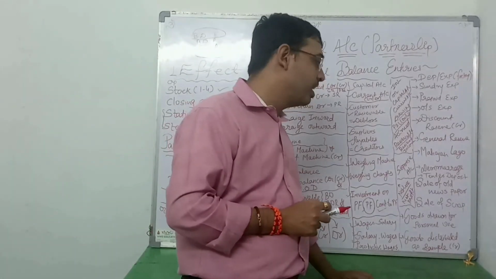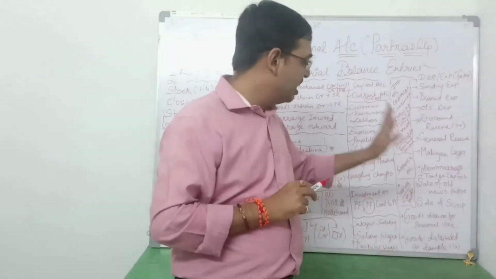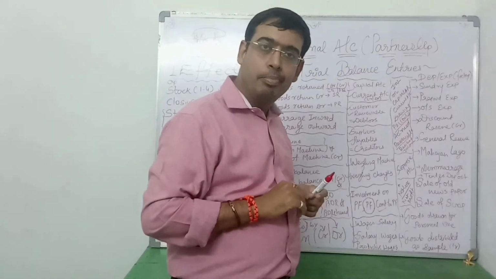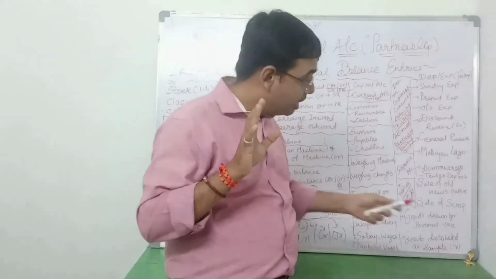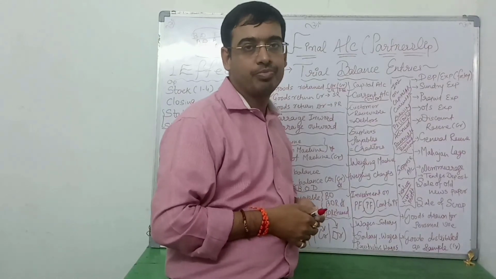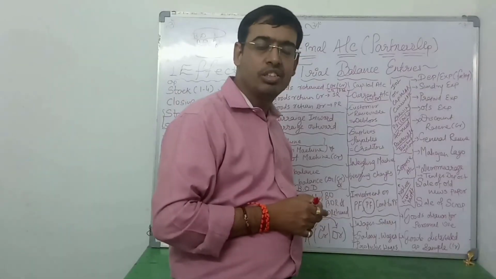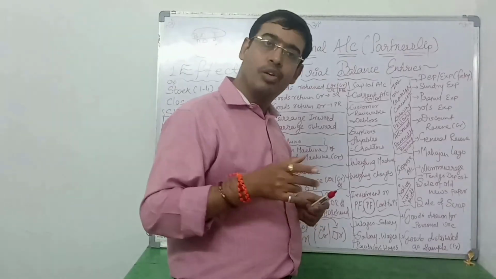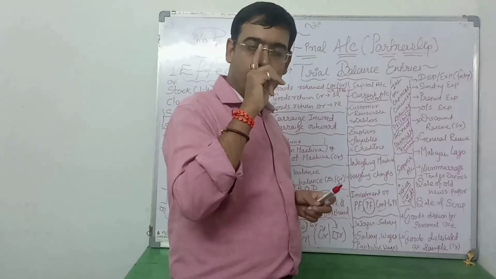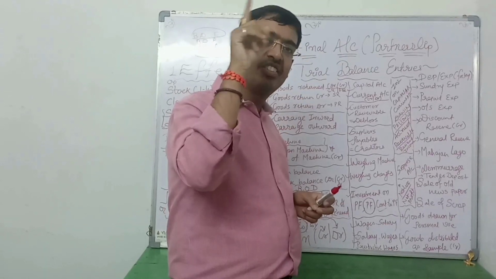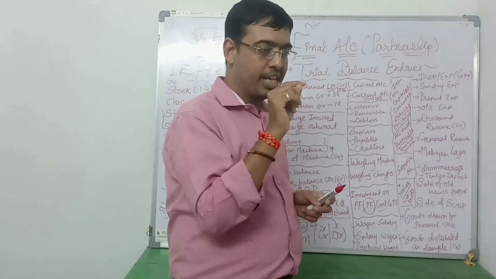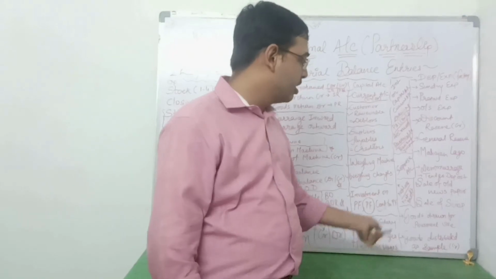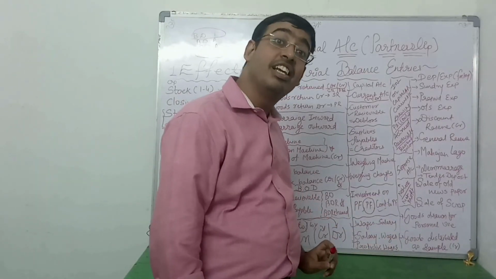Again, goods distributed as sample given on the credit side. Generally, goods distributed means advertisement expense, which we write on P&L debit. But look carefully, it is given on the credit side. So whenever goods distributed as sample is given on the credit side, you again write it in subtraction form from purchase on the trading account debit side. So purchase minus goods drawn for personal use if it is on the credit side, purchase minus goods distributed as sample if it is on the credit side.